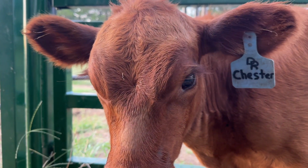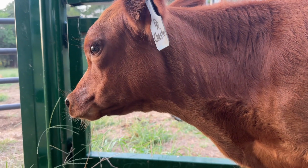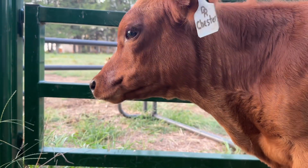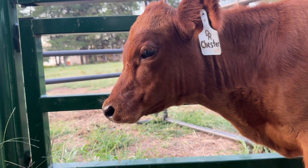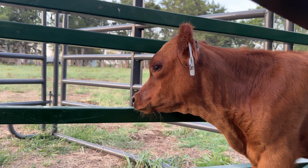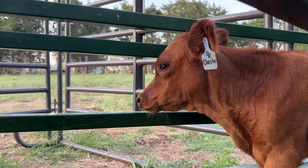Just want to show you guys what pink eye looks like in the very early stages, which is where you need to catch it. So if we look at this guy, he looks pretty normal, but wait till he flips his head back around here. And the only reason I know this is because I've had a really bad year with it. Right when he looks at the camera, look at his left eye, which is going to be on your right side,